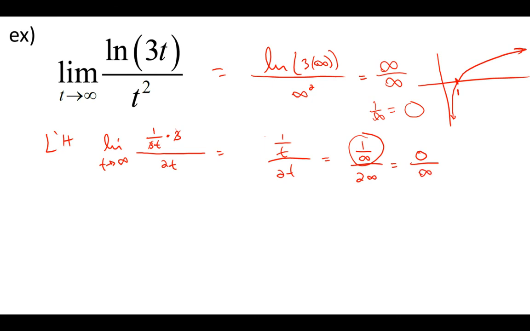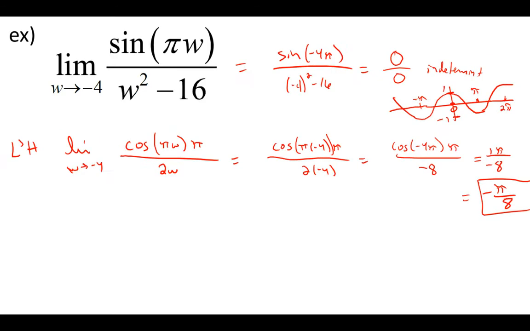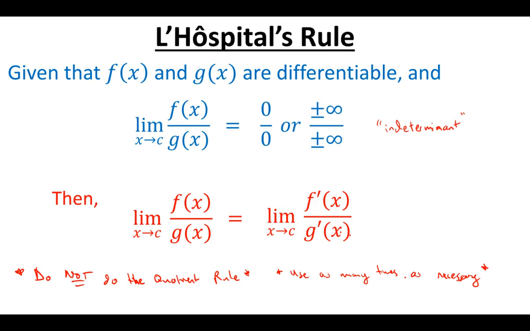2 times infinity is infinity. So think about this: 0 over an infinitely big number. Well, 0 over anything is actually 0. 0 over any constant would be a 0. So this actually is 0. It is not an indeterminate form. That's why when we talked about the indeterminate forms,